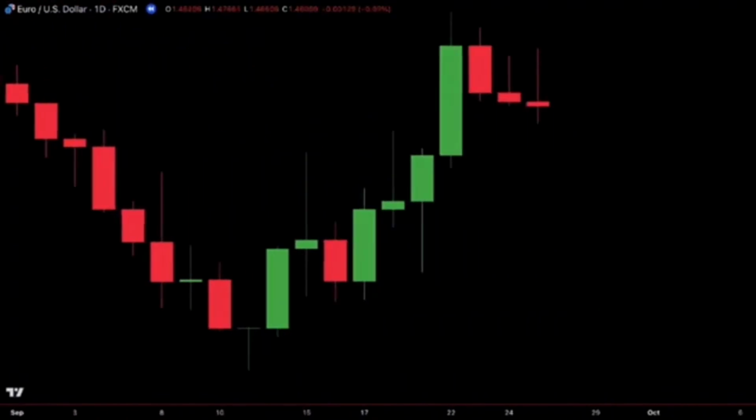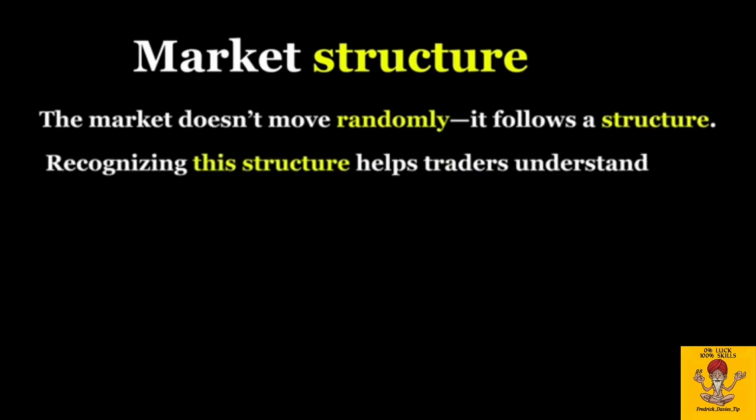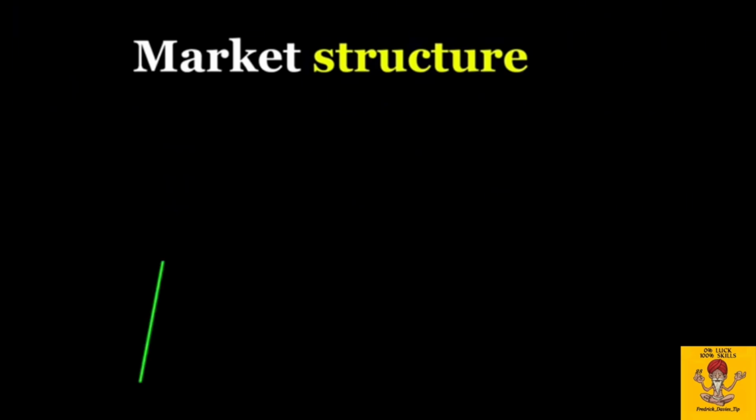Now let's move to the second part, which is market structure. The market doesn't move randomly, it follows a structure. Recognizing this structure helps traders understand what's happening and what could happen next. There are three main types of